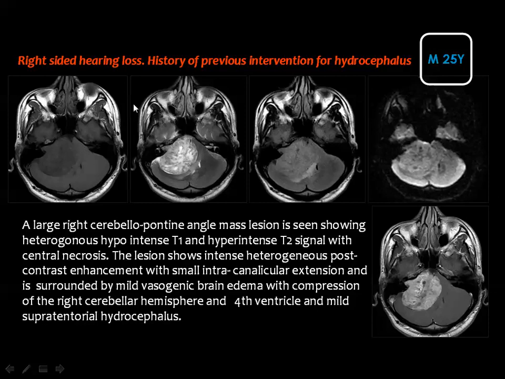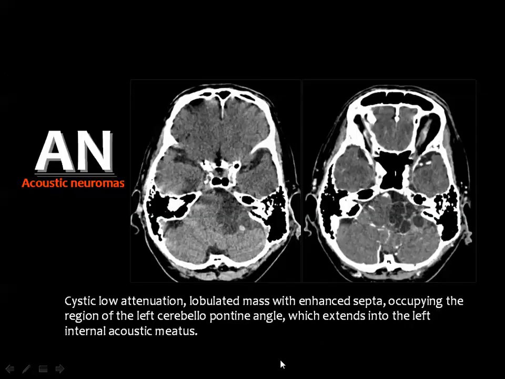You see this patient with right-sided hearing loss, a big mass on the right side with an intracanalicular component, which is best seen in the enhanced images. In the diffusion weighted images, it will show free diffusion, similar to most of the tumors. Acoustic neuroma is known to have cystic components, and